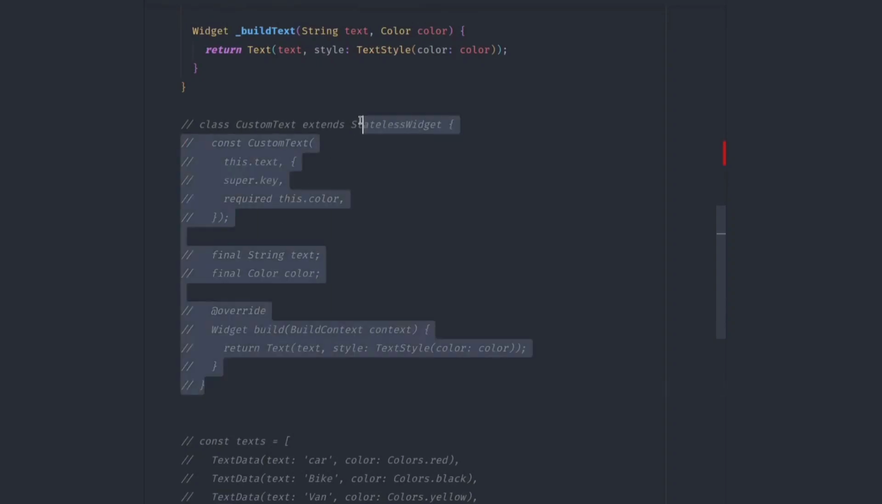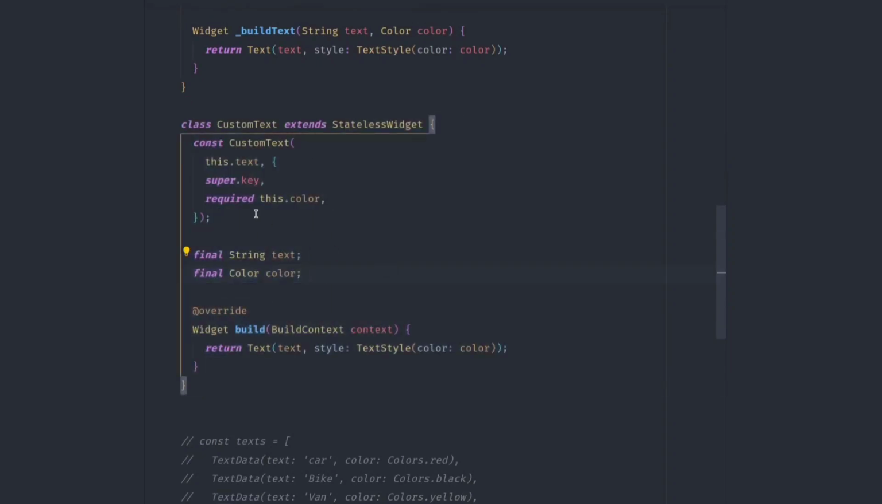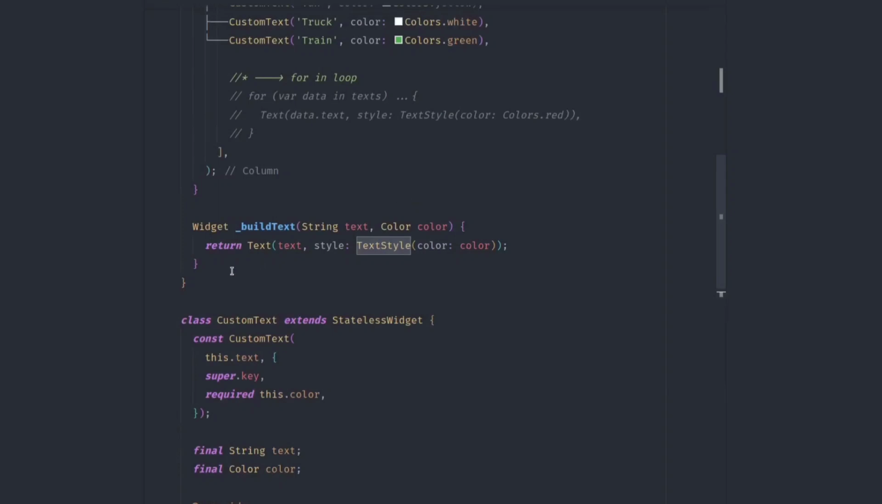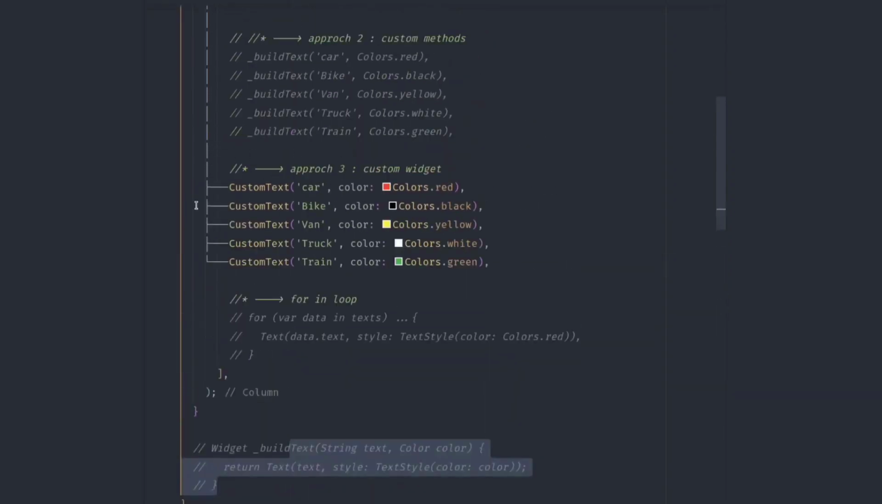This is the class, and here we'll be having two fields, text and color. Text is positional and the color is a required named parameter. Then we'll simply pass that inside the build method. That's as it is. Everyone most commonly uses this method. So what is the next one? Similarly, the next one is